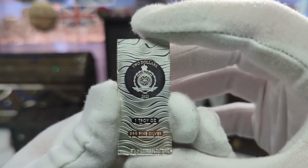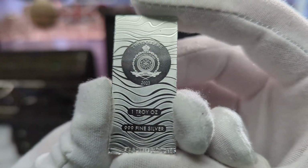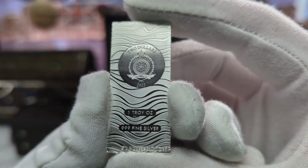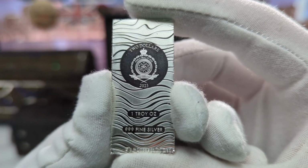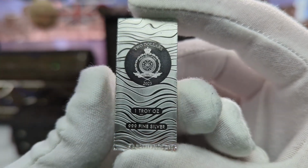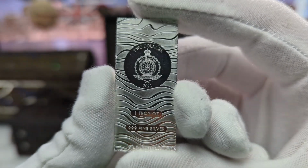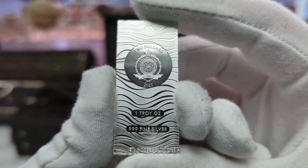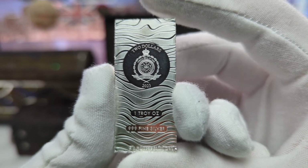But yeah, as I say, the first item we have to go through is this 2023 Niue $2 Beskar bar, which is themed off of the Beskar steel from the Lucasfilm series The Mandalorian. And if you are a fan of the show, you will definitely know what this refers to. But whether or not you're a fan of Star Wars, it is a beautiful looking coin, and as you can